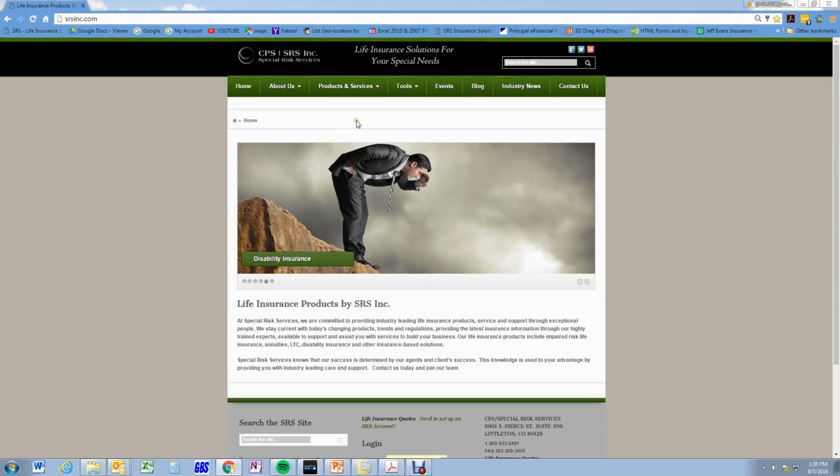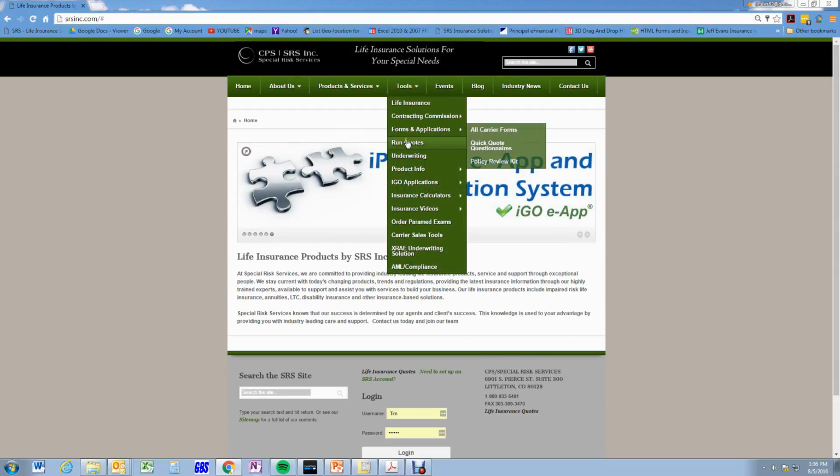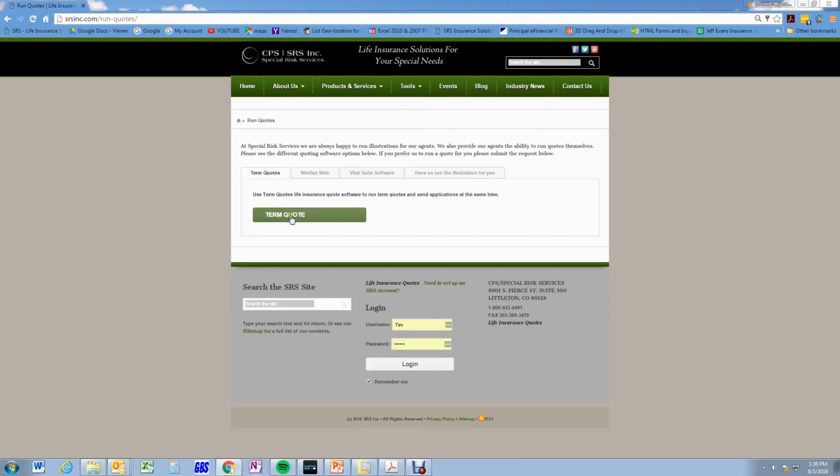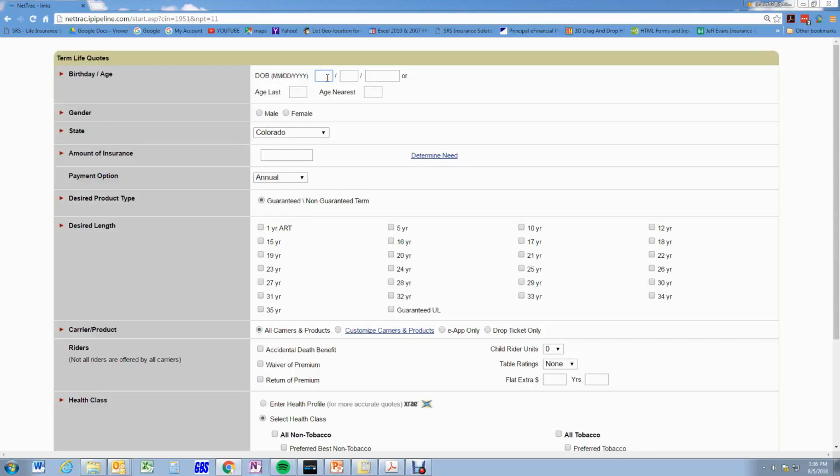First step is to click on Tools, scroll down to Run Quotes, select Term Quote, input the client's date of birth, select the gender, choose the state that your client resides in,